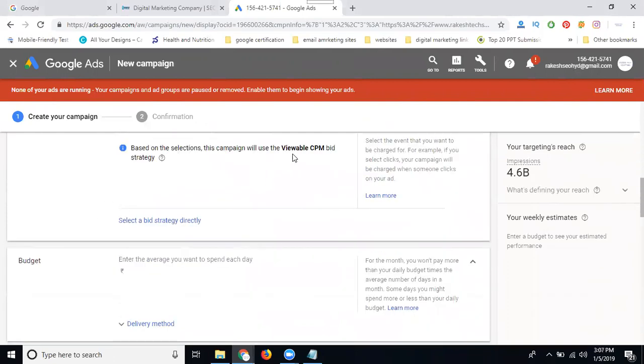After that, the total depends on CPM. With a CPM strategy, always remember, when you get 1,000 impressions, the ad is shown to people 1,000 times, and Google charges for the people visiting the ad. So our amount will be no loss, and we're getting more impressions. Always remember, when using display ads, we're not looking for conversion. We look for impressions to get more business. When people see the ad, more conversions will happen.